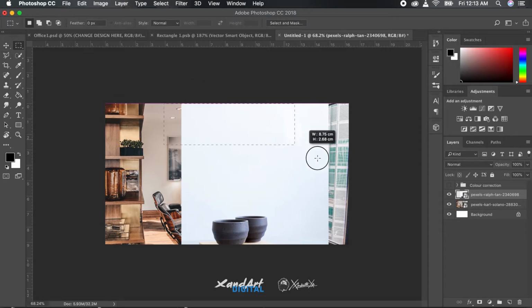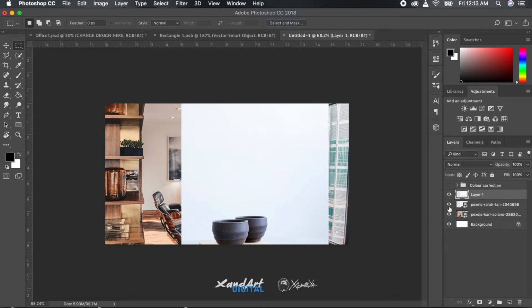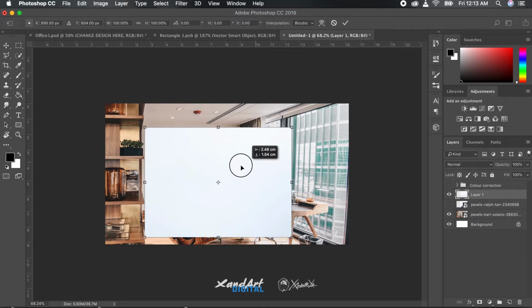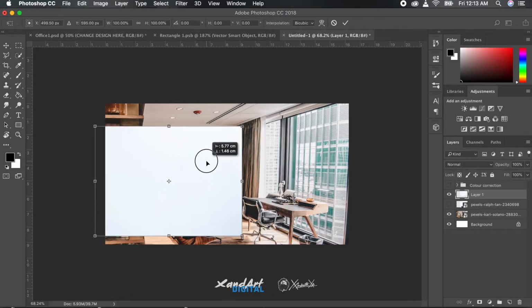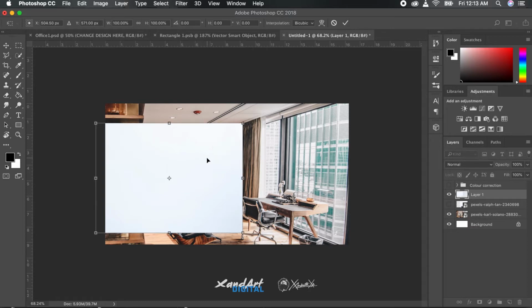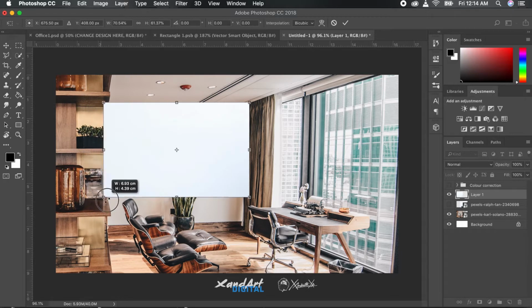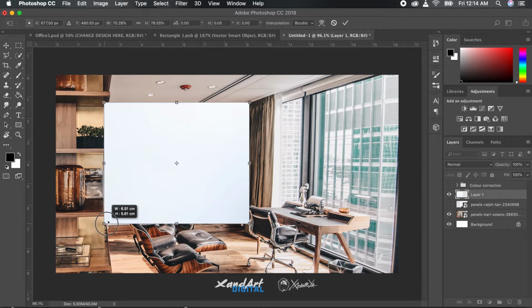Since we chose a photo that has a large blank wall as its area, we'll simply crop out the part we need using the rectangular marquee tool. The shortcut is M, and we'll place it on the wall we want to work on, the wall we want to remove the messes from. In general I always suggest to not change the aspect ratio of the assets, but in this case, since we're simply using the texture, we can change its aspect ratio in any way and it won't affect it. So once we have placed it, let's go on to the next step.